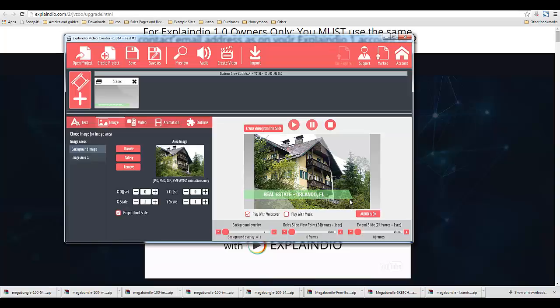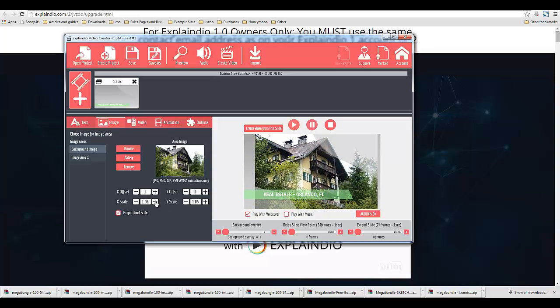So I'm going to add that image, and as you can see, the real estate caption is still there. Stays in front of the image. Very nice. And we're just going to scale this image to the canvas, basically.